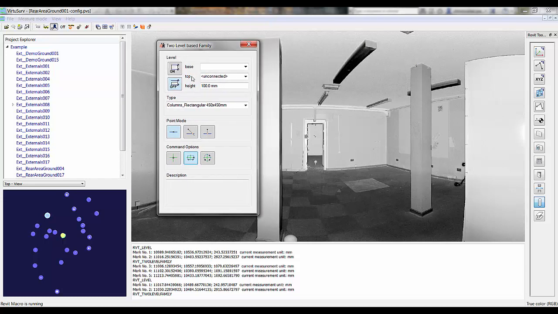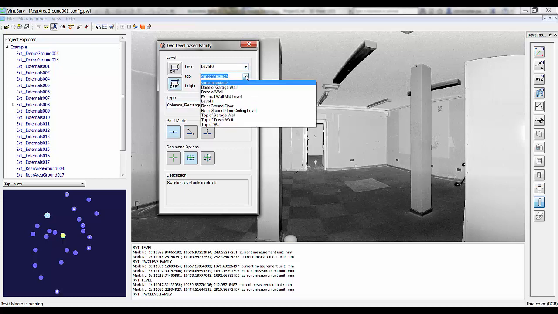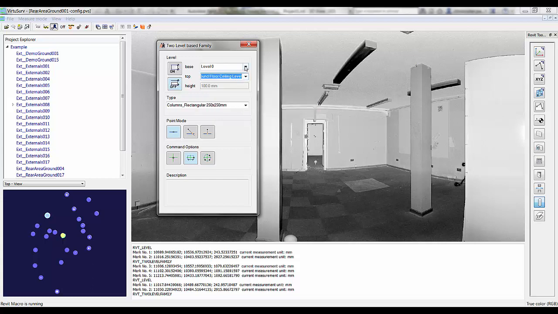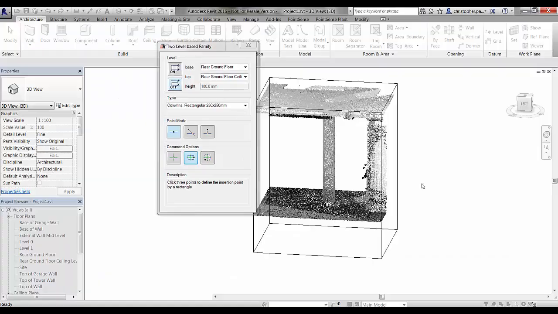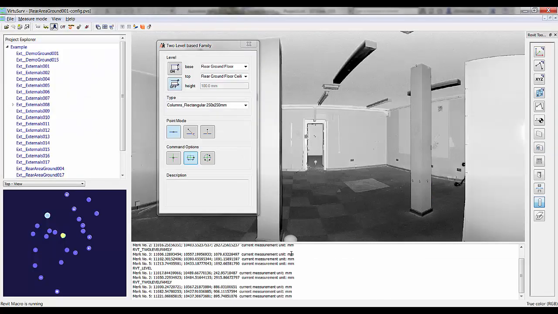I'm going to be using it with the auto level off. We're just going to first select the type. I'm going to turn auto level off there, and we're just going to select the top and bottom levels that we just created for these families that are going to be going in here, and we're going to use the click 3 points to define the insertion point by a rectangle command. So then we just select 3 points on the column face,